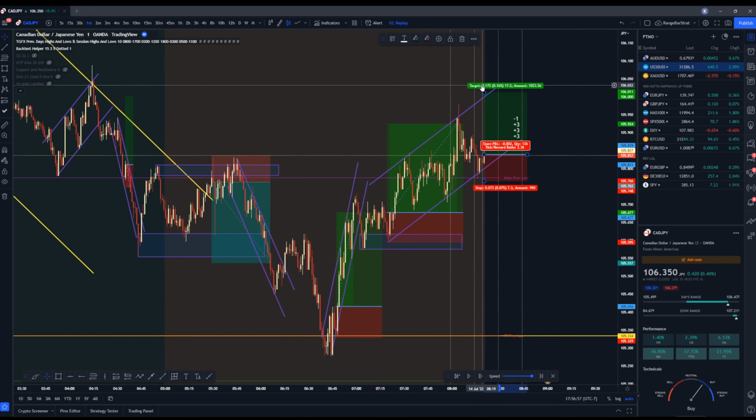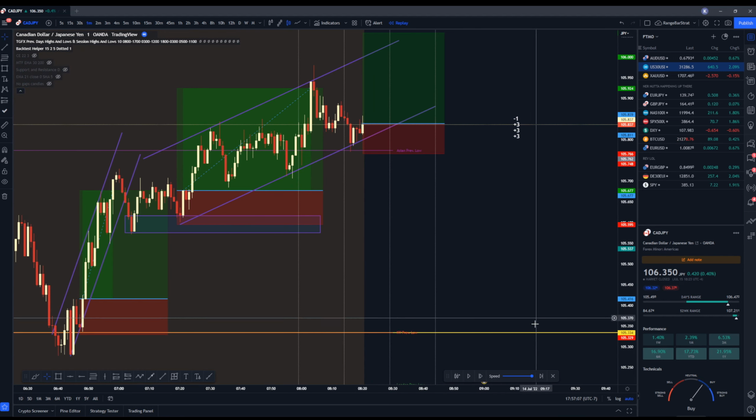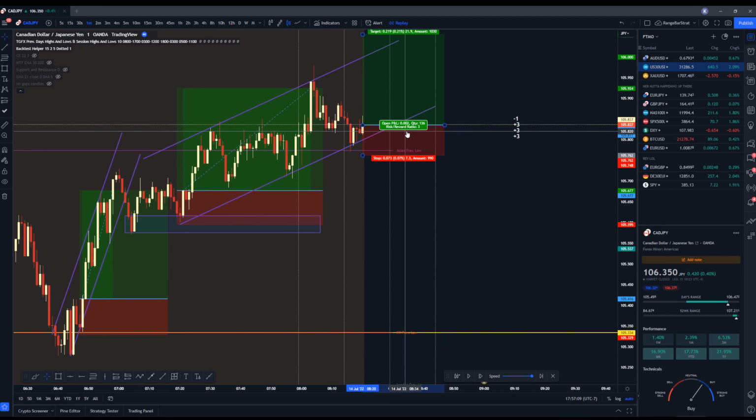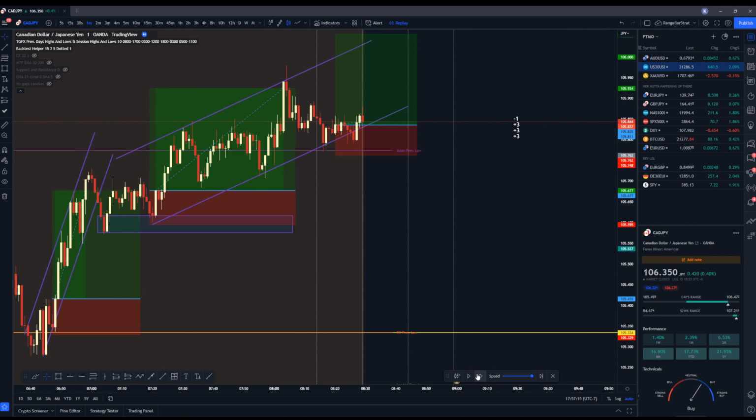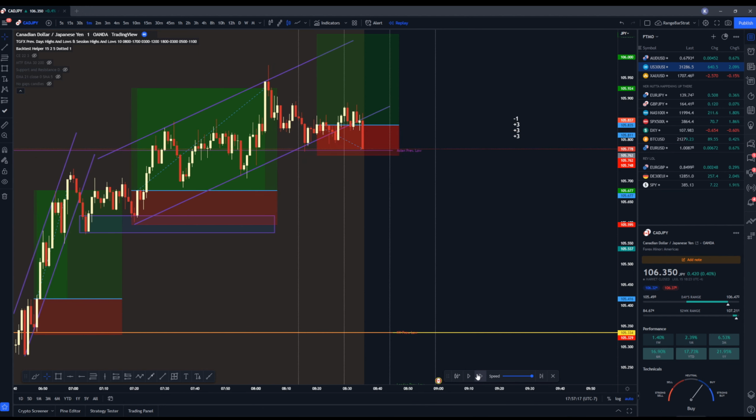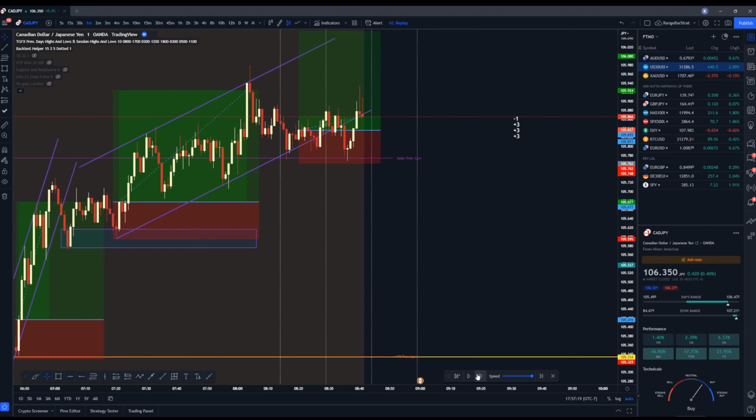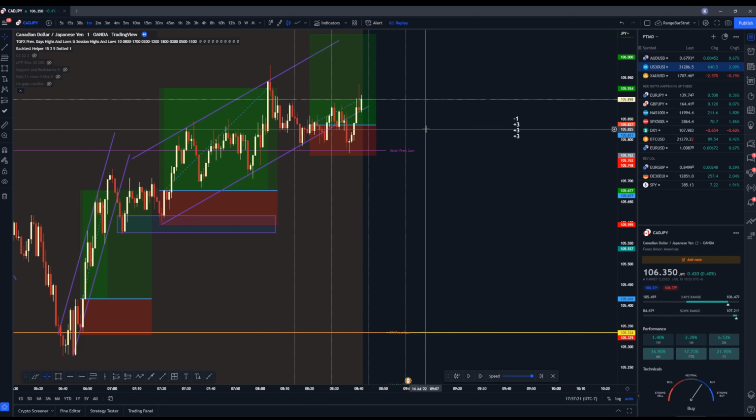The only thing I don't like about this is that it's very risky because we only have one form of confirmation. So hopefully this works out. I would still take this live because I'm kind of crazy. So we'll see what happens. See if the trend line holds. If not, it's okay. Okay, so we didn't get taken out.